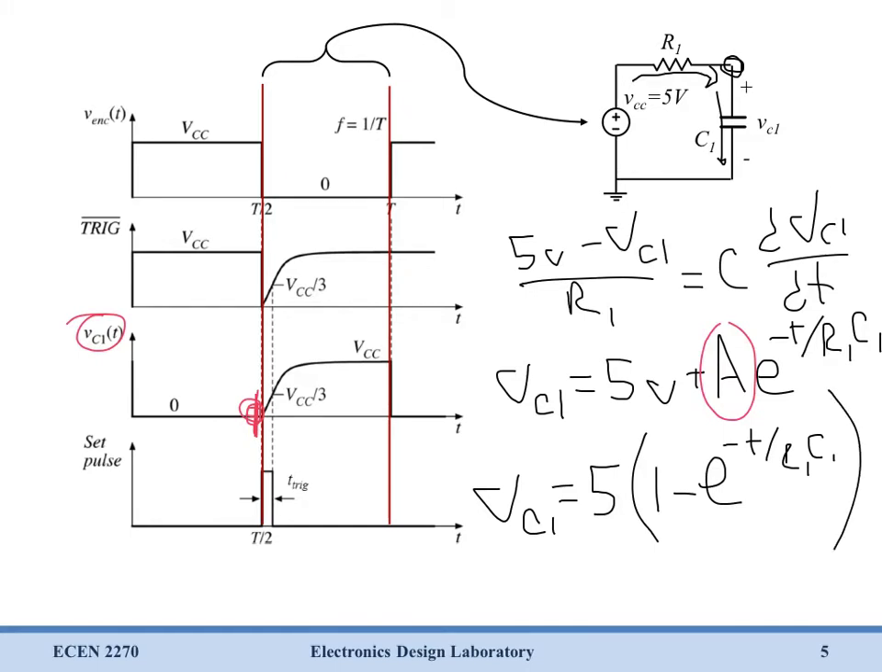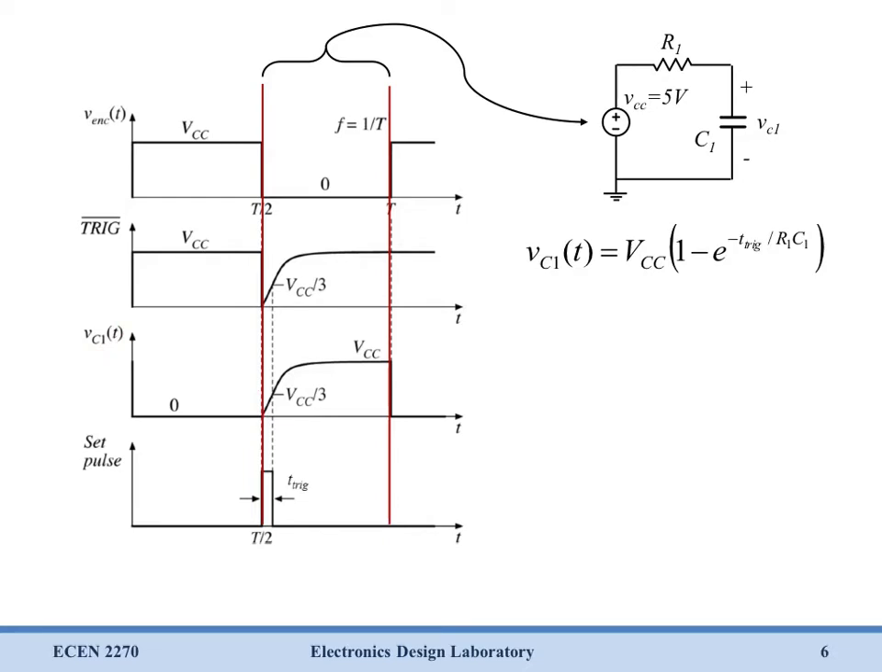We have a t over an R times a C. R times C has units of seconds, t has units of seconds. It cancels out. Additionally, we're multiplying a unitless quantity and 1 minus a unitless quantity. So a unitless quantity multiplied by 5 volts, we're going to end up with a voltage, which is the units that we want. So once we've solved for that equation, now that we've solved for the voltage at that node,